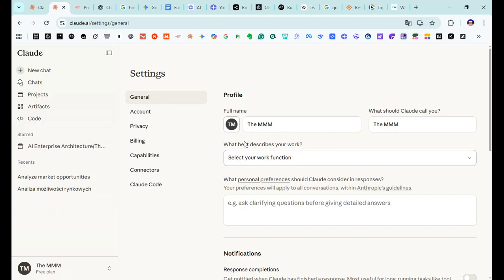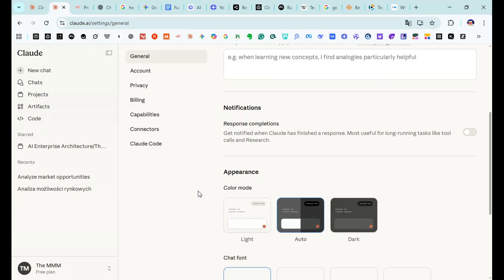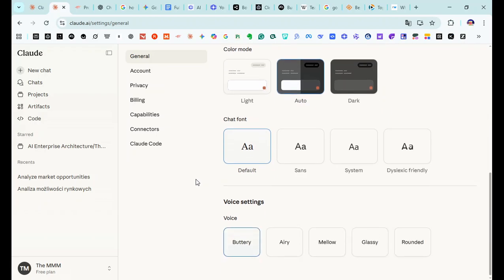Okay, so I have a work function for Claude, but I won't really mess with any of those until... oh, I love this. But I love this too. I will see about which one I will actually stick with.